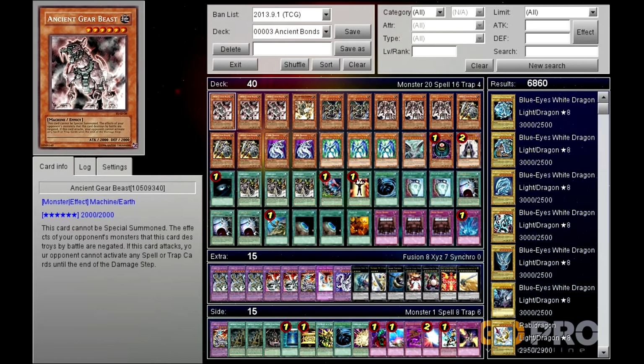the current format. Now the point of this deck, besides running machines and having the Ancient Gears out, is to also do an OTK, or a one-turn kill, with Ultimate Ancient Gear Golem and Power Bond. So it brings it up to 8800 attack, it cuts through defense, and most of the time finishes people off. But even if you can't pull it off, like I say, this deck can hold its own. So without further ado, let's go through the monsters, spells and the traps, and we'll cover other points in between